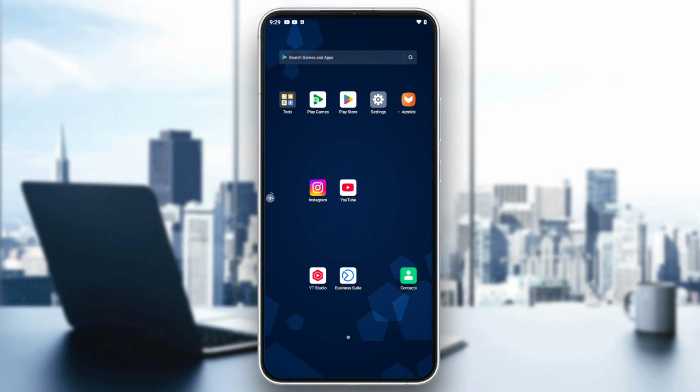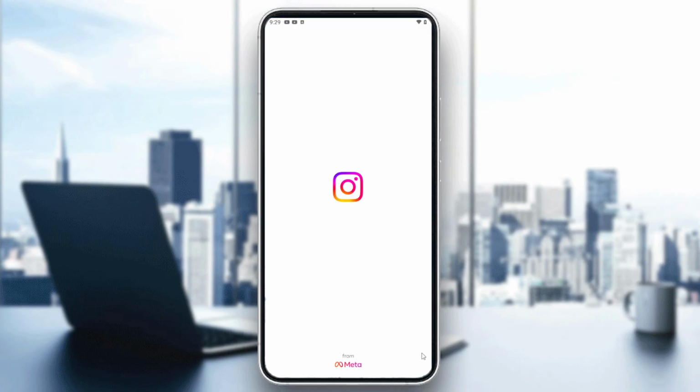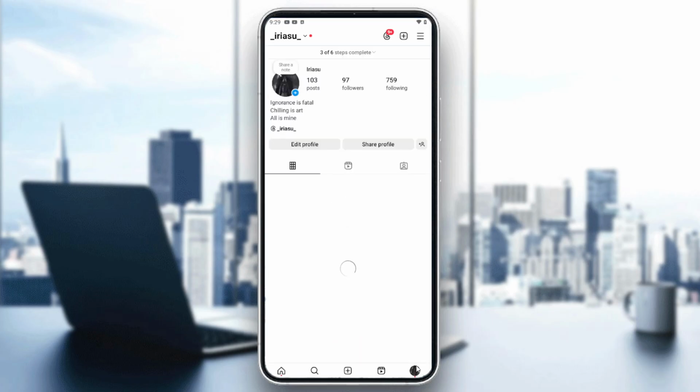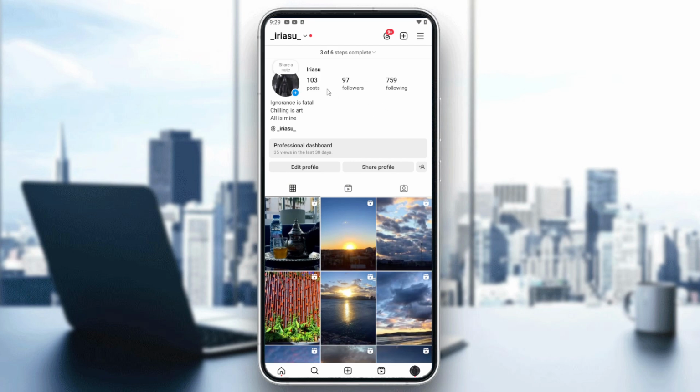So basically, all you need to do is just enter your profile and you will be able to see the views of your Reels. And basically, just click on Instagram and then go to your profile, and after that you will find all these